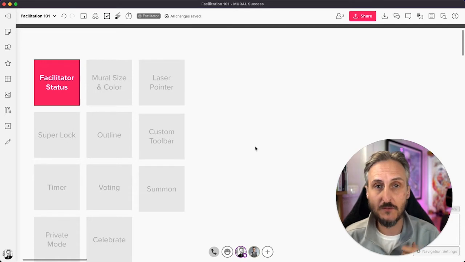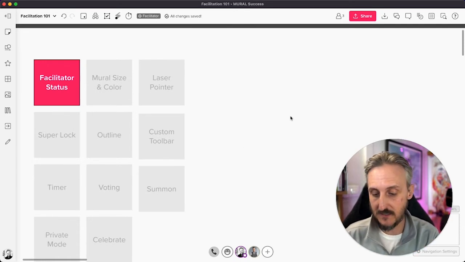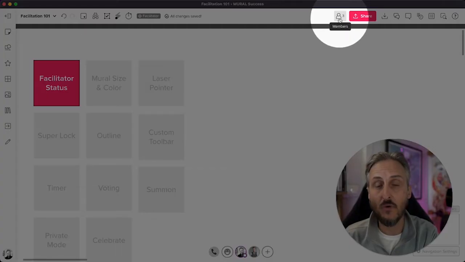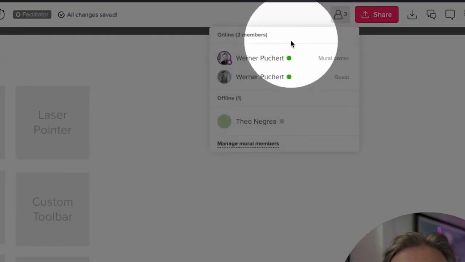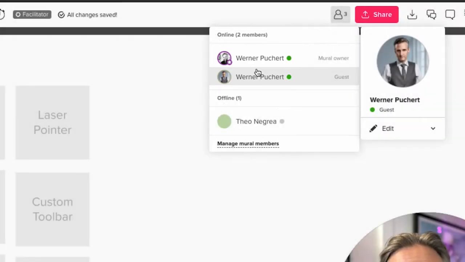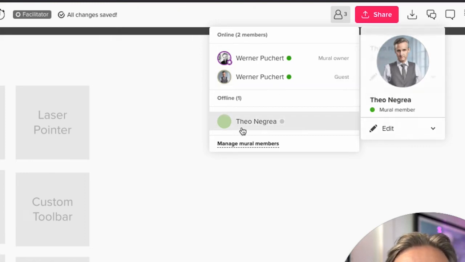Now, to grant someone facilitation superpowers is just as easy. So here at the top, just next to the share button, you'll notice that there's a little icon that indicates the members in the session. Once you click on that, I'm going to open that up. You'll see that there are 2 active people in the canvas. One is indeed my old account that is active for demo purposes, but then I also have my colleague